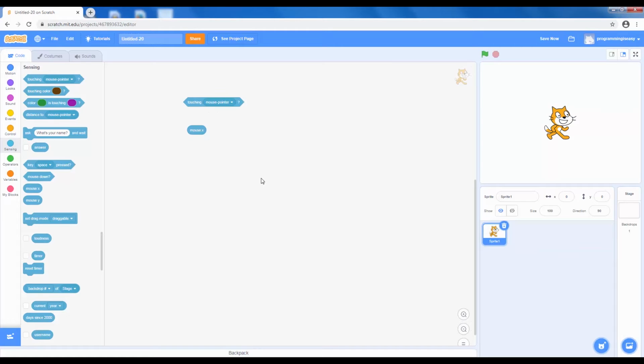So what are Boolean blocks? We talked about Boolean while talking about control blocks a little bit. So think of Boolean blocks as asking a question which may result in true or false, or yes or no type of answers. For example,